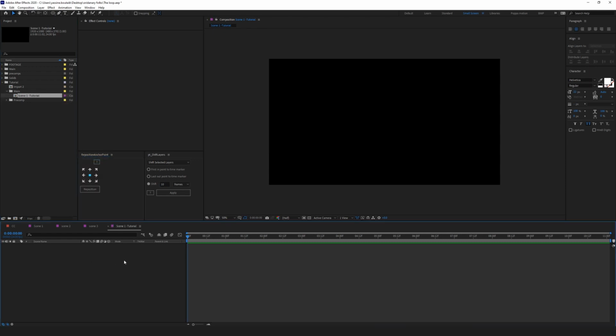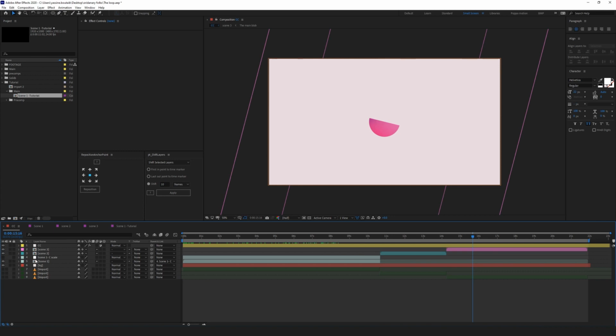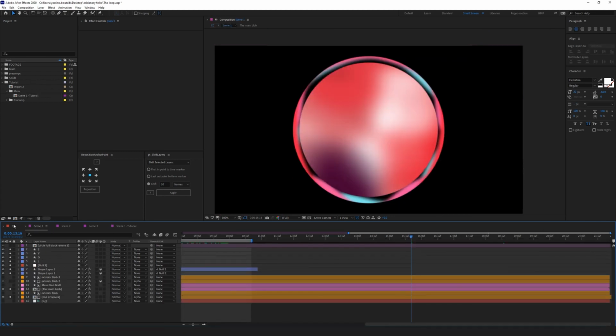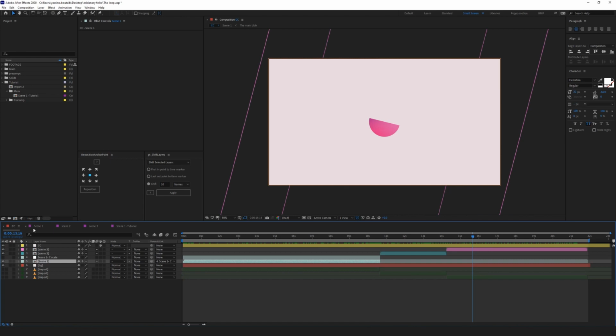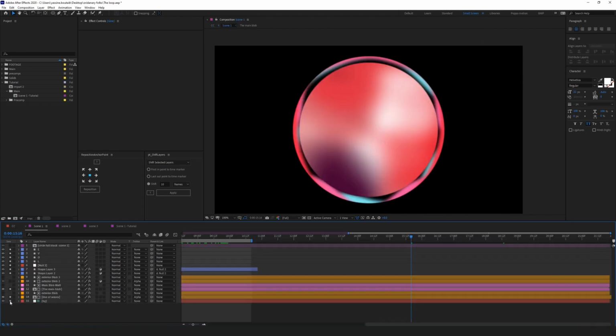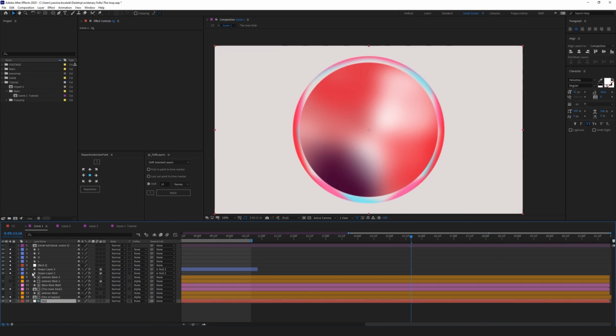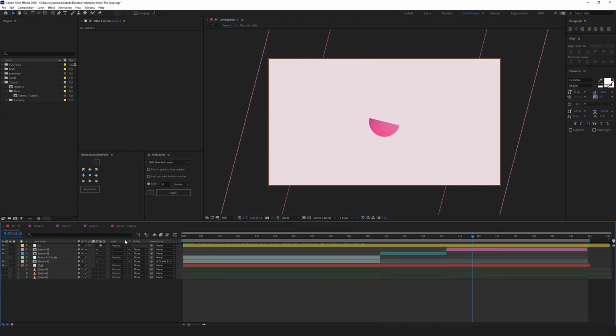Now, before I continue, I need to explain something that I use heavily, and that is called guide layers. For example, here you see that I have a background, but when you go inside the scene, there is no background. And you'll be wondering, then how did I design everything? It's because I had a background, but it's just a guide layer, so it's not there. So what is a guide layer?